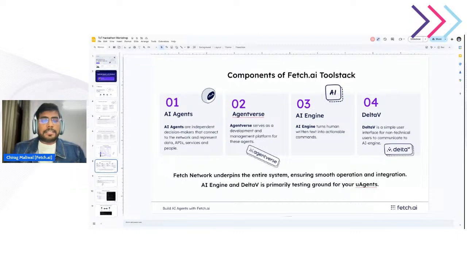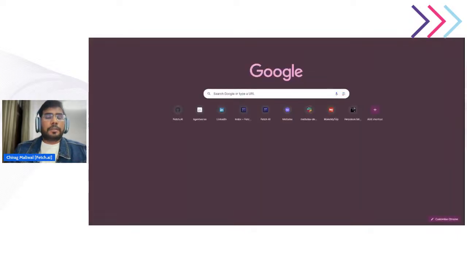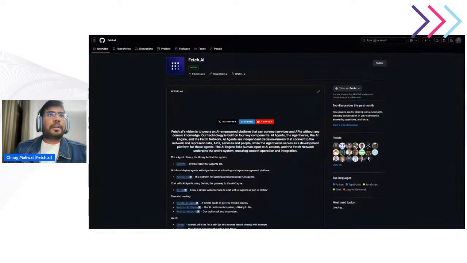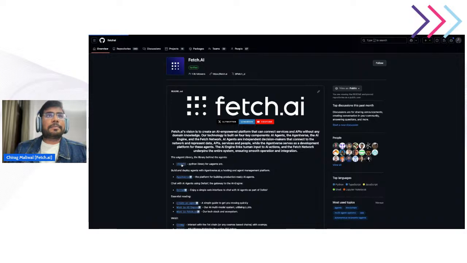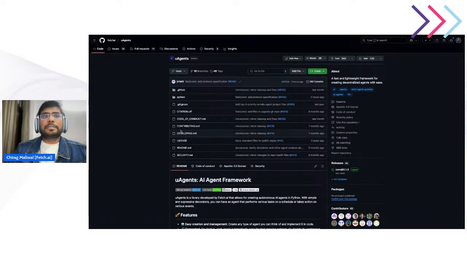Right now it supports only Python, but we are working on support for other languages as well. I have shared the GitHub links with all of you. If you go to github.com, fetchai has the uAgents framework for creating AI agents.